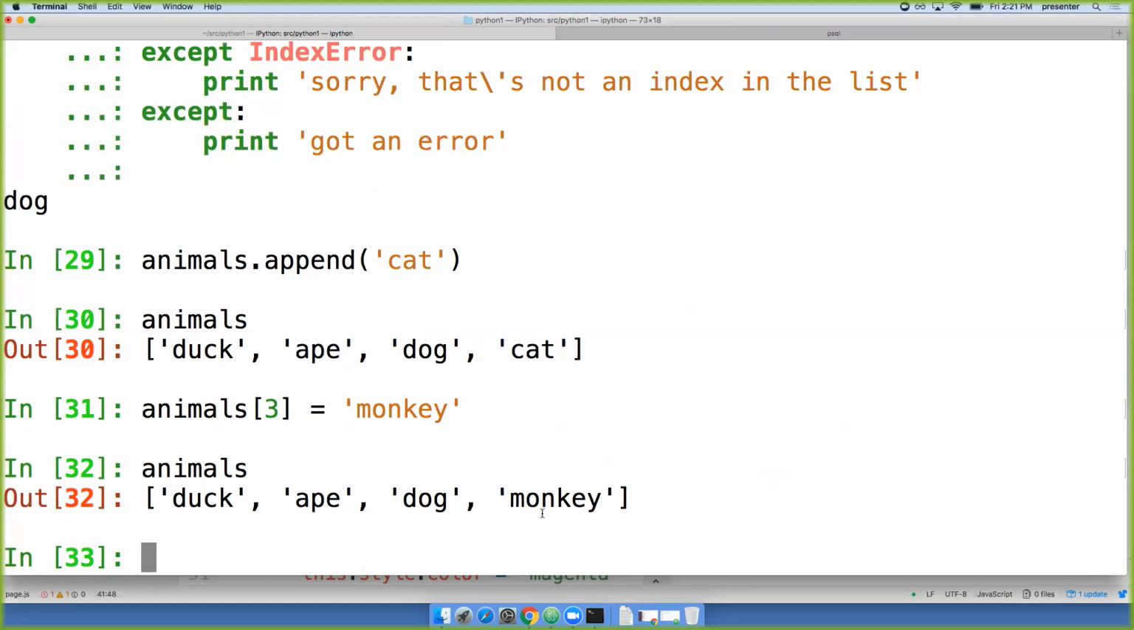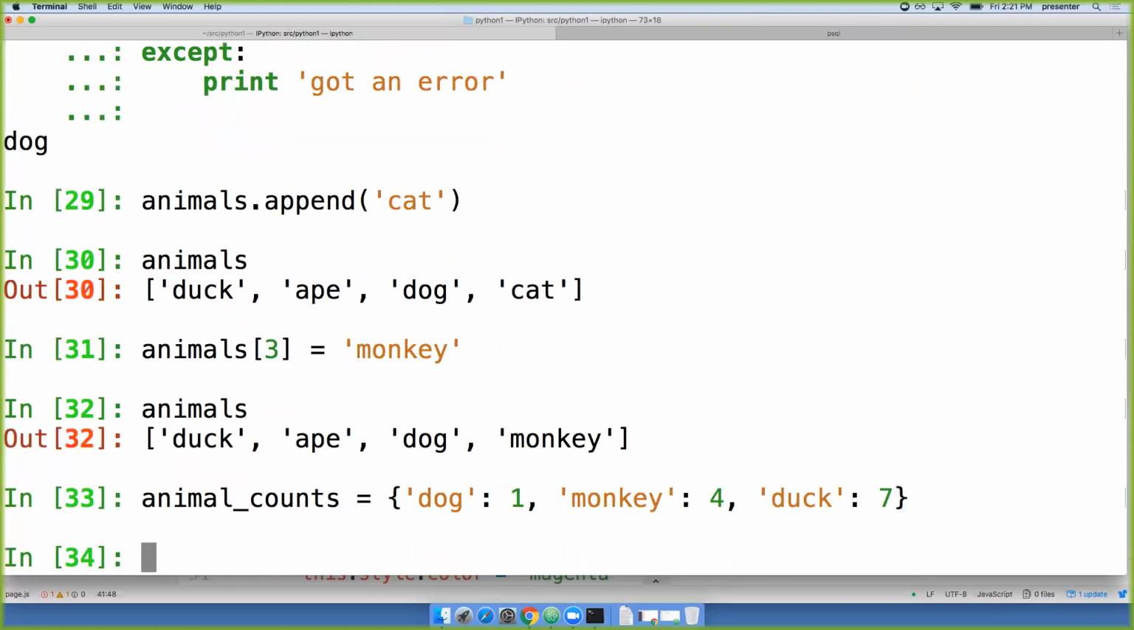Okay, let's work with dictionaries a little bit. Dictionaries are really useful, as you might imagine. So let's make animal counts, again, snake case. So animal counts, we'll say dog 1, monkey 4, duck 7. Okay, so now I have animal counts, and I can say